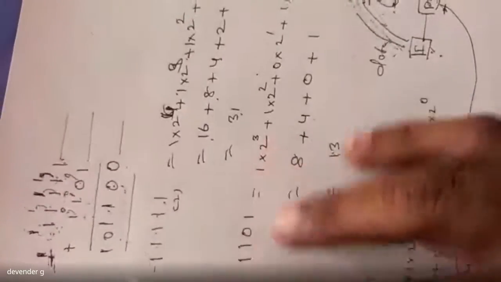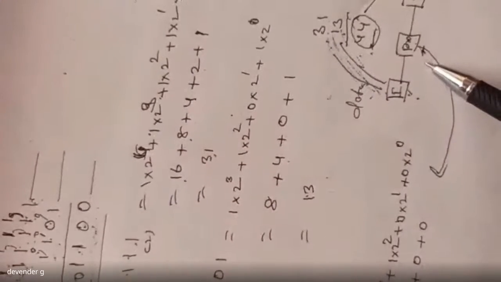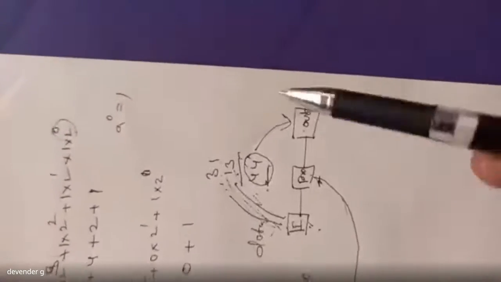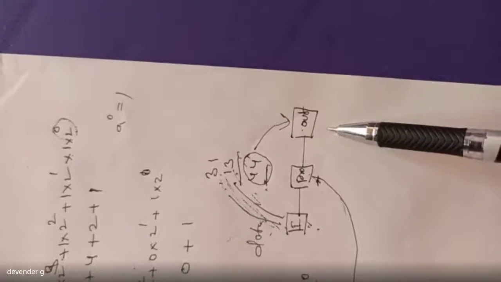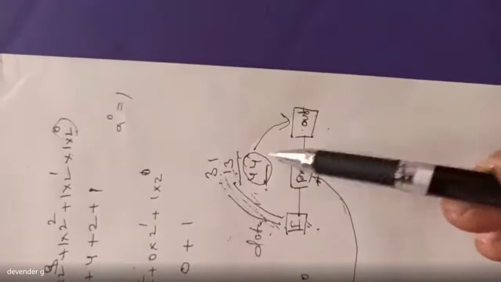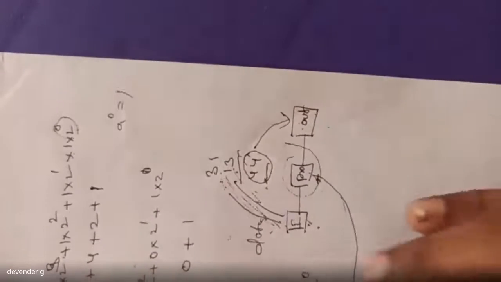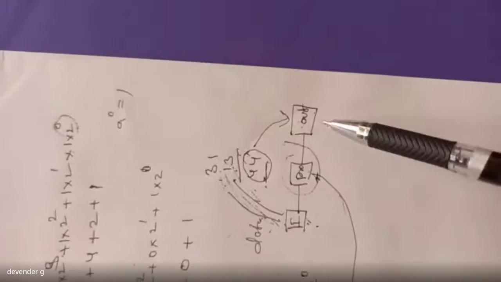So this much time we have taken to explain this, but the system will process everything in a fraction of a second. That is the speed at which the processor works. So this entire concept, whatever you have seen, is the process. Then finally I get the output as 44. It is displayed on my monitor, the output device. So this much time has been taken by the processor to convert your data into information.